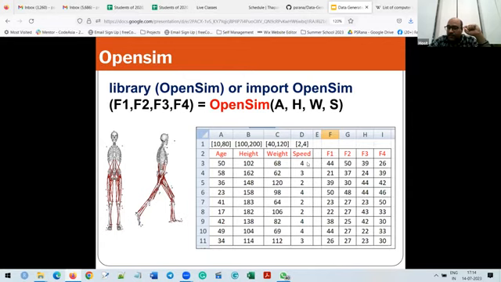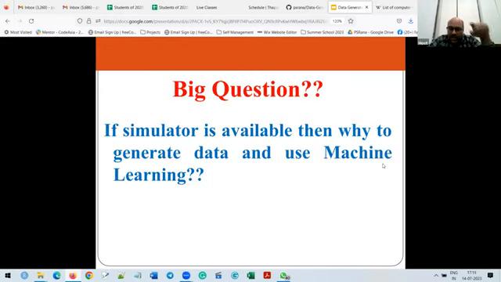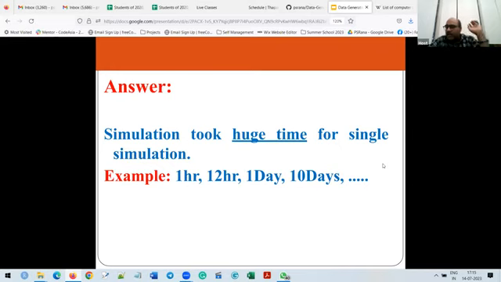You need to understand that if I change any one of the parameters, then the output will change. If I am doing that prediction from the simulator, it is not that the person will keep standing there for half an hour until the new values come and then I can walk. Whereas if I am using a machine learning model, I can predict the new forces in almost real time. So that's why this is very important: if I want to build a real-time application using a simulator, in that case the simulator will not help me. The machine learning model will help me.